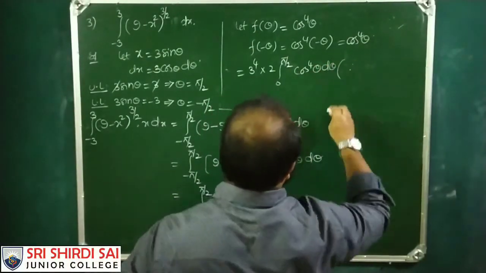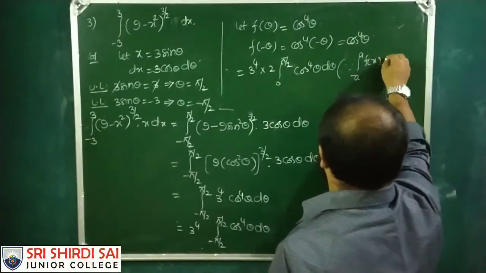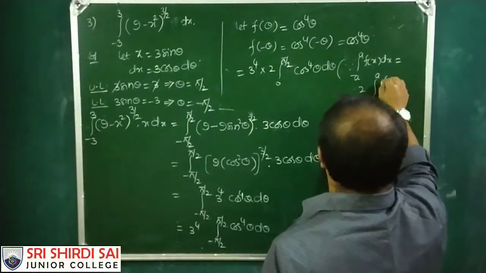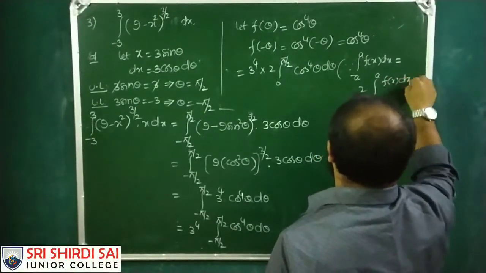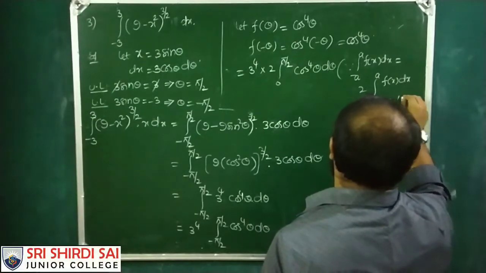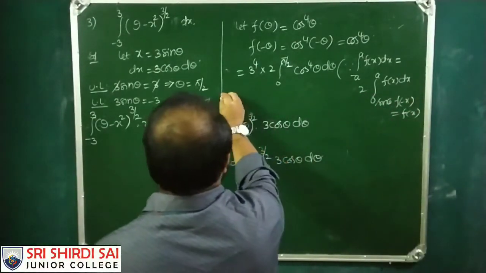Since integral minus a to a of f of x dx is equal to 2 integral 0 to a of f of x dx, since f of minus x is equal to f of x. So this is equal to